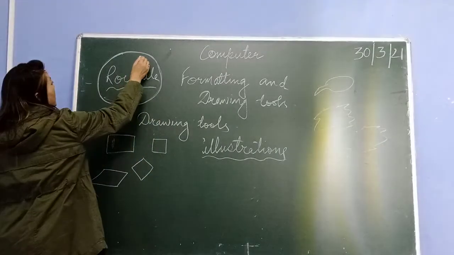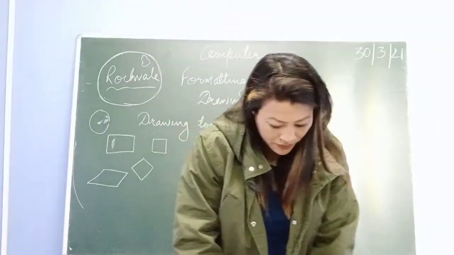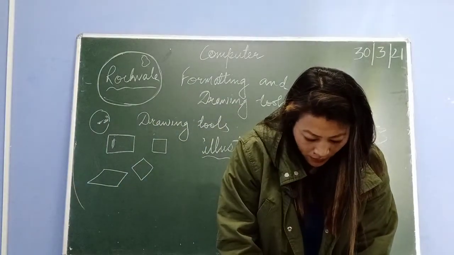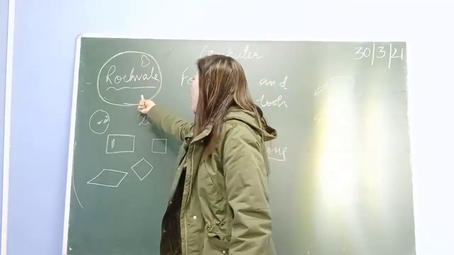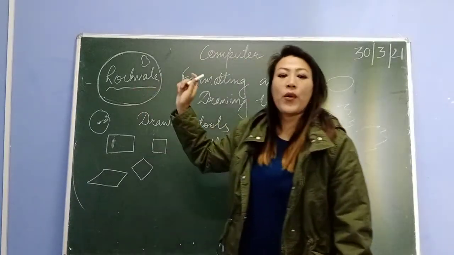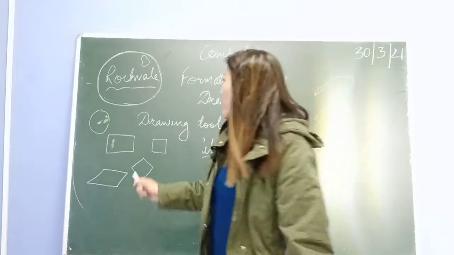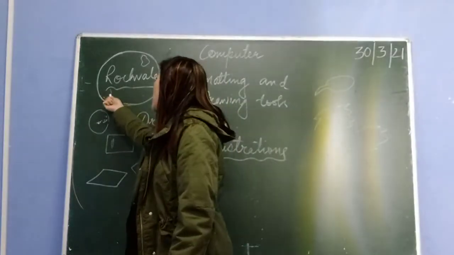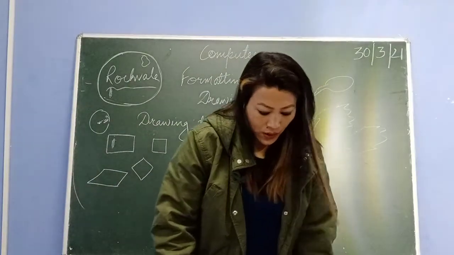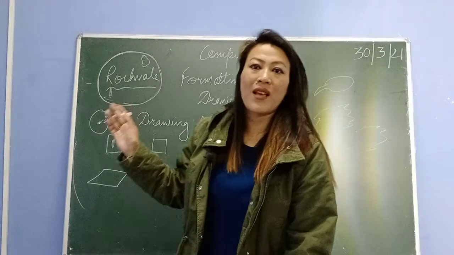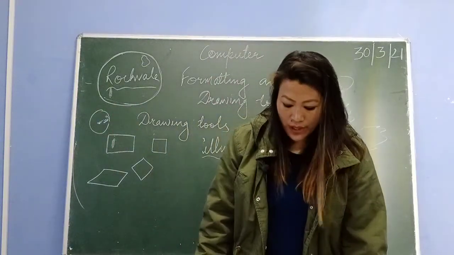Or you want to insert a logo of Rockwell here, then you have to go to edit text. Right click on the shape using the mouse and click on edit text. As soon as you click on edit text, you will see your mouse cursor start blinking here. Then you can start typing the text. This way you can insert text inside the shape as well. Now, applying borders and shadings.